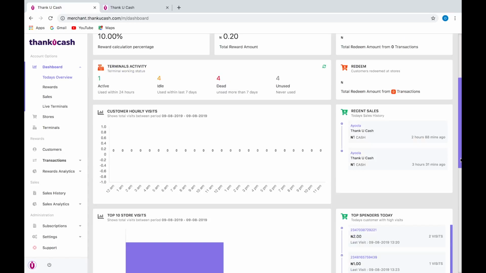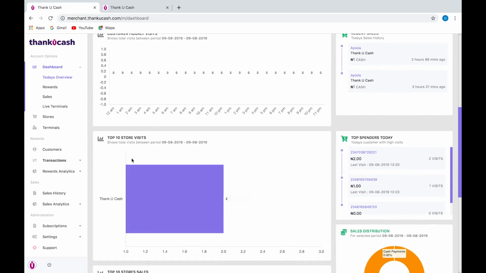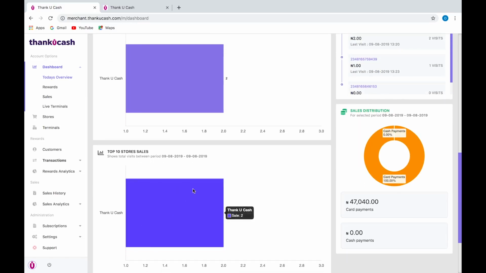There is a graph that shows you the number of customers that visit your store on an hourly basis. That's between 7 to 8, 8 to 9, 9 to 10. For the entire 24 hours, you have a live feed of all your customers that come in to visit your stores. But there's another graph. It shows you which store is the most active one. That's which of your stores nationwide, for those of the merchants that have more than one store, made the most